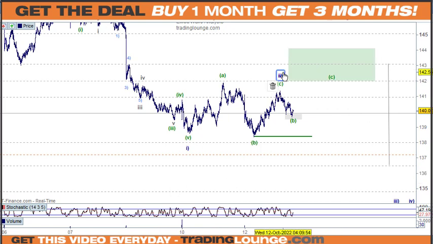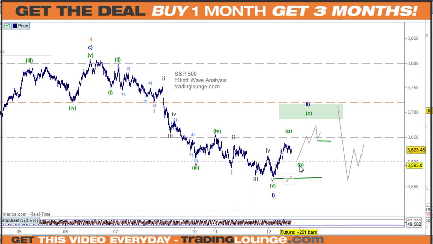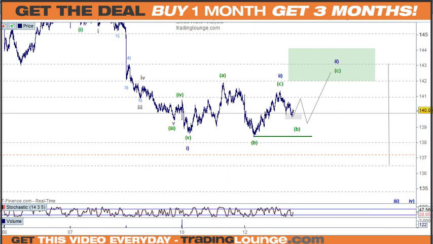So anyway, just give it a little bit of time. I just wanted to really look at both of these situations. This B wave here could also get a little bit more complicated, because normally if wave A is simple, then wave B is complex. So we could get something like this here and then up at that point too. So just give it a little bit of patience, because when we looked at the S&P there for a moment, it hasn't really come back for its B wave yet. So that means that it'll probably do that in the off hours a bit. Okay, so that's Apple.